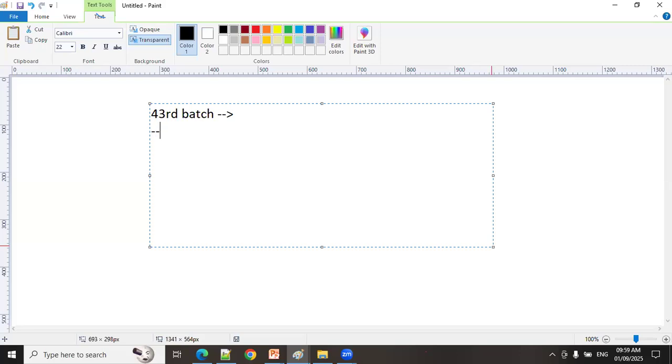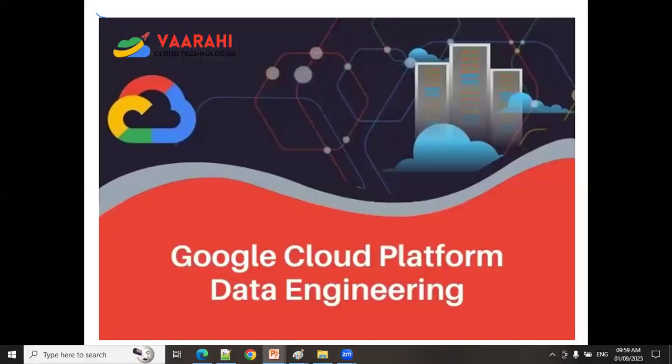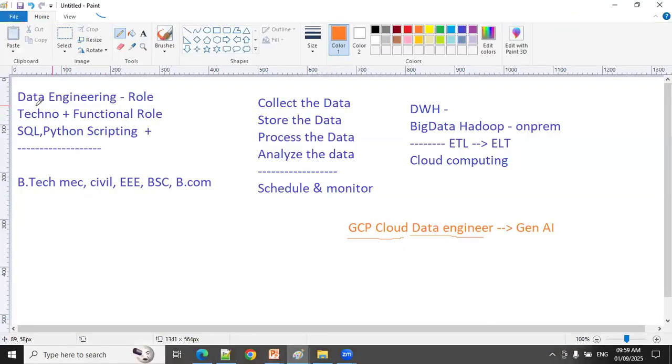Before starting, I would like to show the course content and what exactly we are going to touch technically. Before that, I wanted to just revise the last demo for the first 5 minutes, just for everybody. Last Saturday, we discussed what is data engineering. Data engineering is a role. It's not a designation. Your designation may be software engineer, lead, junior software engineer, consultant, whatever it may be, but this is the role.